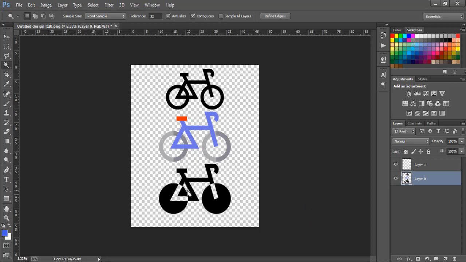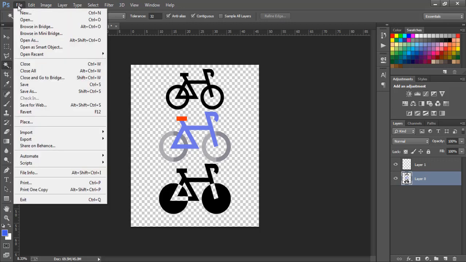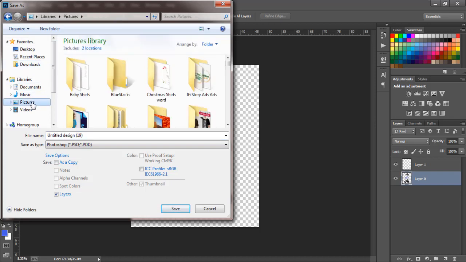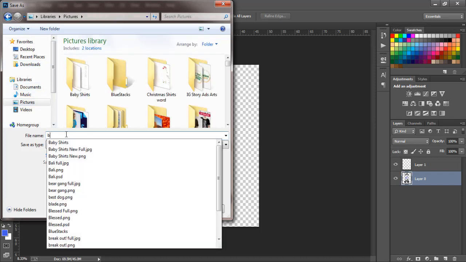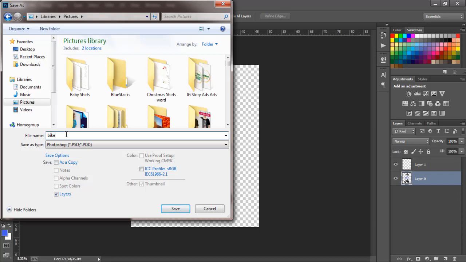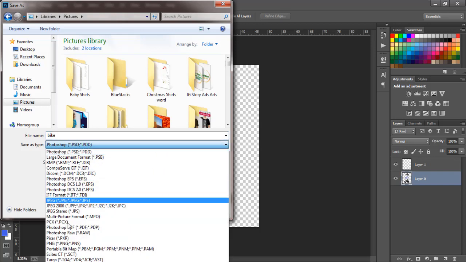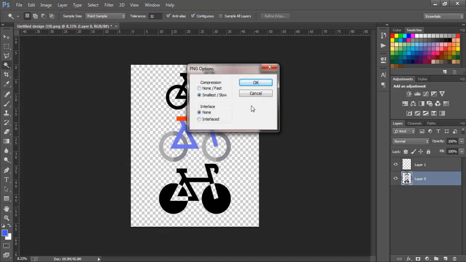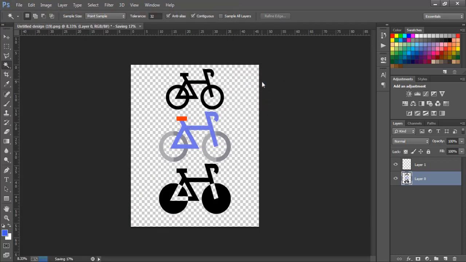I'm going back to get that off. So now we have that. So now we can see no more white in it. So just make sure you go through it and just observe. So we save it in Pictures, Bike. I'm going to call it bike and I'll save it as PNG. I'll click on save and OK.